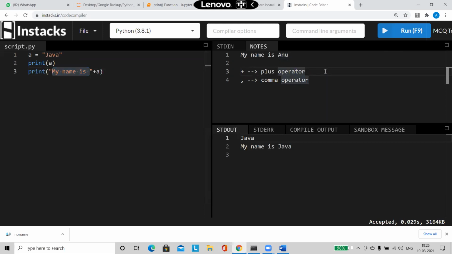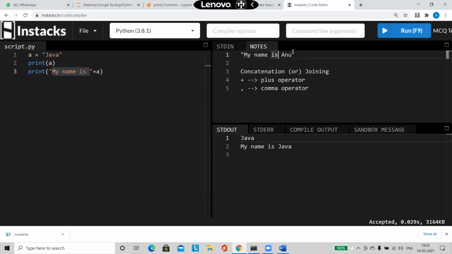So understand what is the work we are doing here. We are doing the work of concatenation. We call this concatenation, or joining. We are going to join. This is one thing: "My name is", this is the first value.